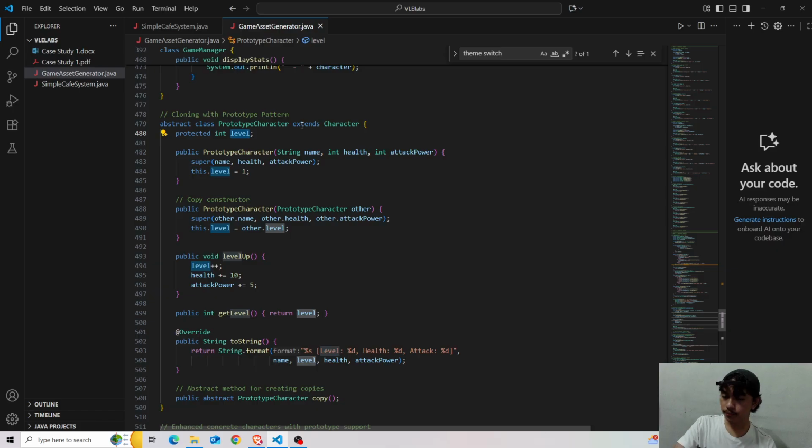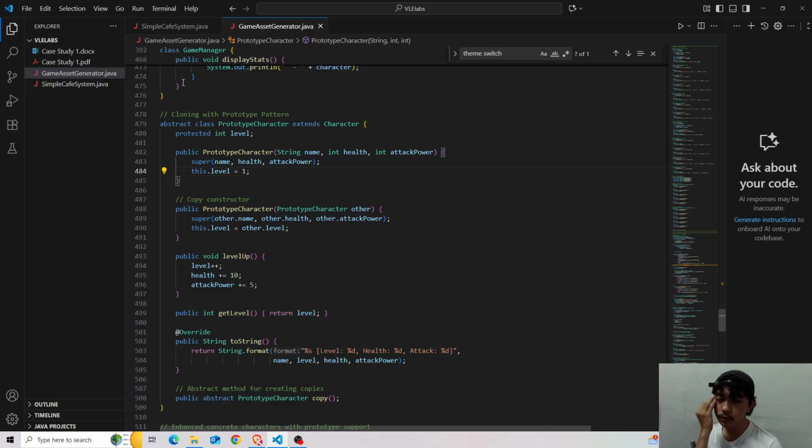Okay, so here we have the prototype character constructor: string name, int health, int attack power, super constructor of name, health, attack power, and sets its level to 1. Okay.